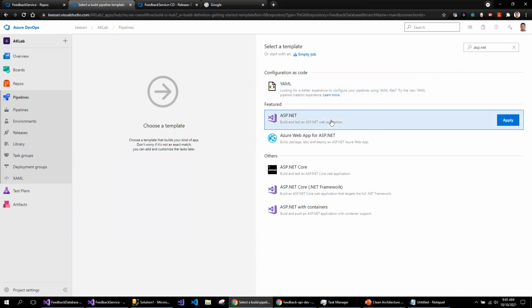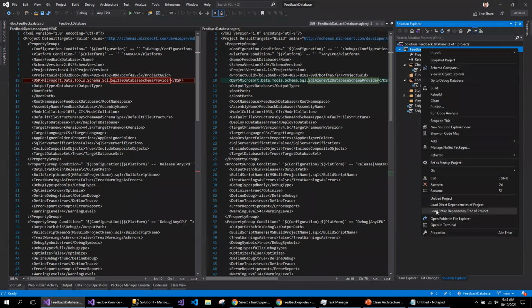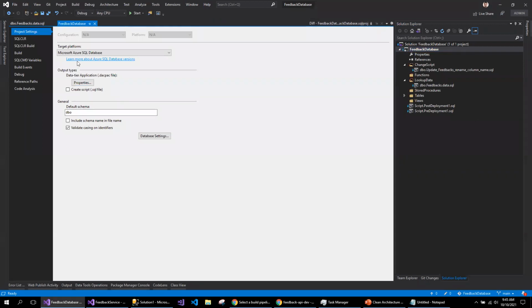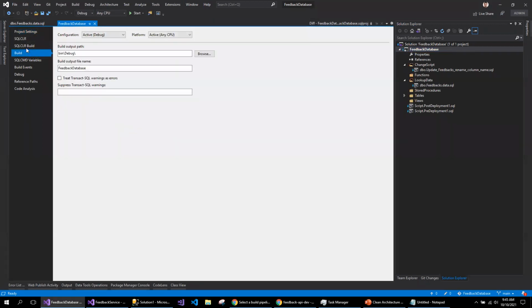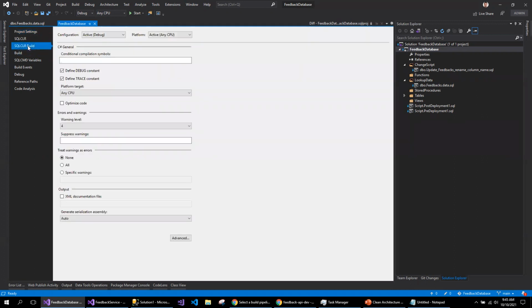The reason I'm selecting the web application here is because my project is created using the Visual Studio template database project, and this project is actually pointing to the target framework. Is it a framework or? Okay.